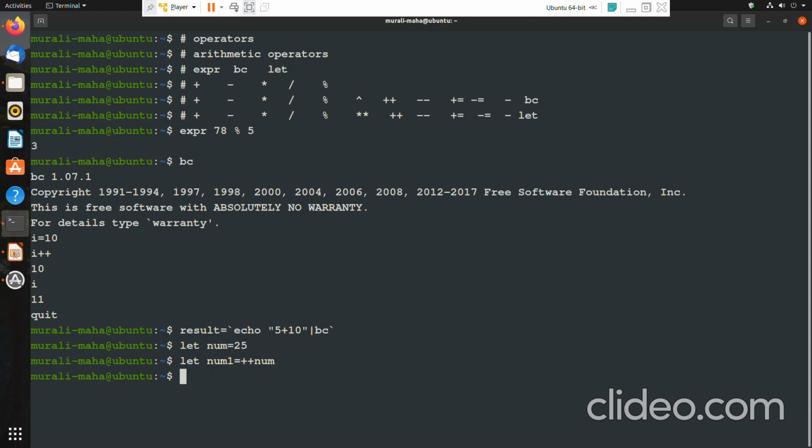So num would be incremented first and its value assigned to num1, and only then is the statement complete. So if you check the value of num1, it should be 26, obviously. Yes, 26. Of course, the value of num would also be 26.